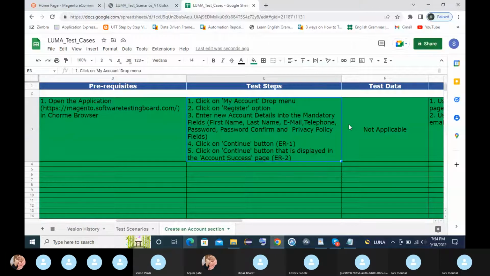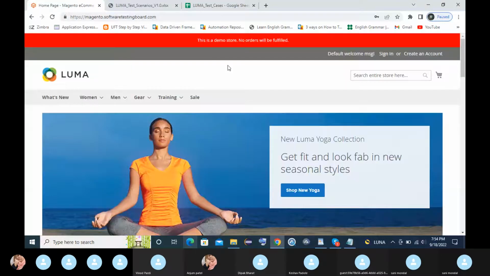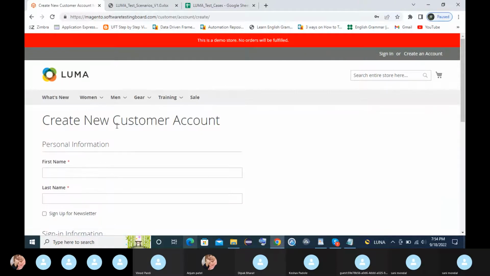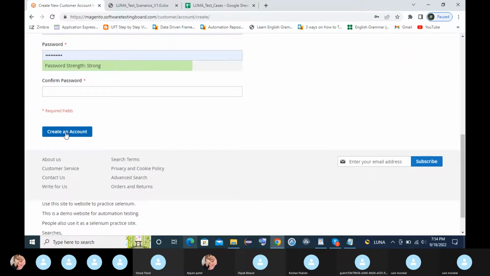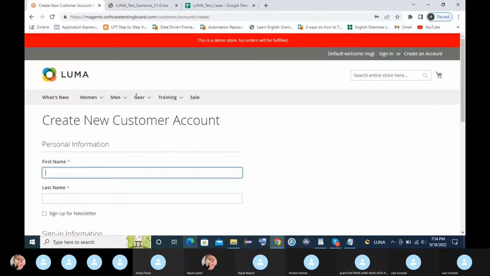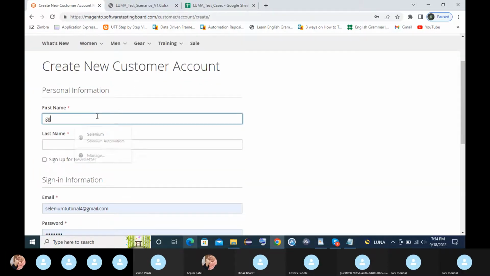Now, test data. Do you need any test data? If you click on this, you are just verifying whether these headings, these fields are available or not, these buttons are available or not, right? You are not providing any data. You are just verifying whether these sections, these fields are available or not. So this is a kind of